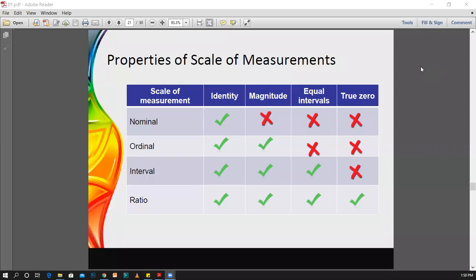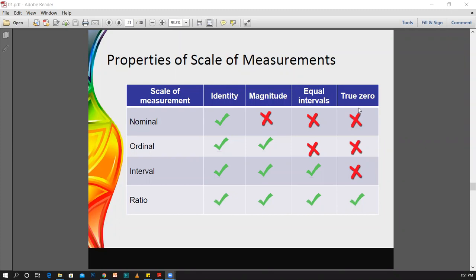Likewise, there would be no equal intervals between any two consecutive values for nominal or ordinal data. But for the interval or ratio scales of measurement, definitely you must have equal intervals. And if you see the true 0 point, nominal, ordinal, interval, none of them have a